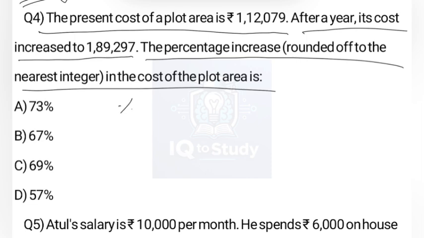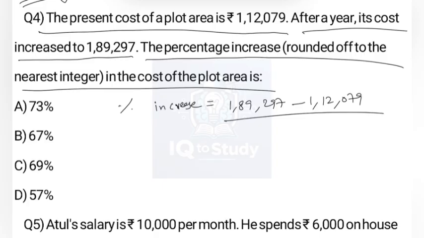So, percentage increase is equal to 1,89,297 minus 1,12,079 divided by 1,12,079 into 100,